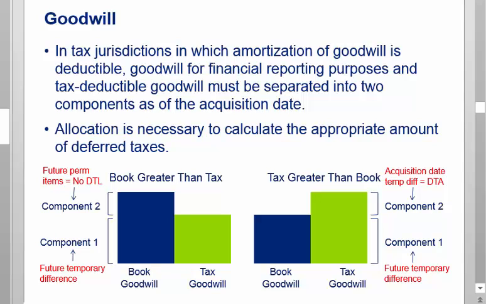Okay? So while you wouldn't create a deferred liability on the opening balance sheet when you do an acquisition, when there's book basis but not tax, you will create a deferred liability if that difference is caused by you amortizing goodwill for tax purposes. But that's only true for component 1. Component 2 is the 250 in my example. It's any book goodwill above the tax goodwill. And for that, you don't set up a DTL. You do nothing with it.